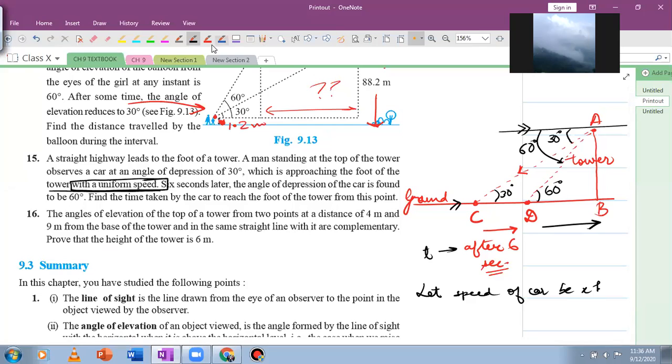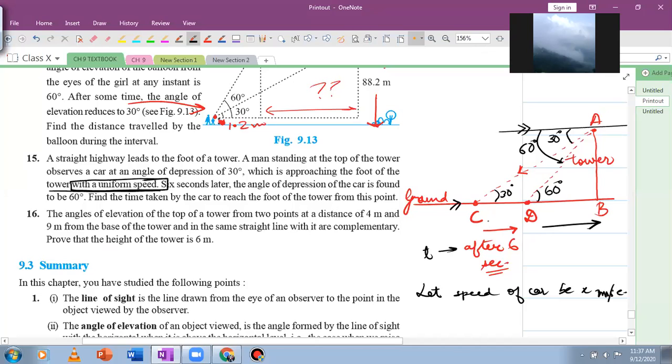Be careful about the units, because over here the distance is given in meters and the time is given in seconds. Actually, the distance is not given, so I'm just assuming it on my own. So the time is given in seconds, and the standard units to calculate the speed in correlation with time in seconds is meter per second. So I'm just going to assume the speed of the car as x meter per second. And then you can find out the distance for both these intervals.